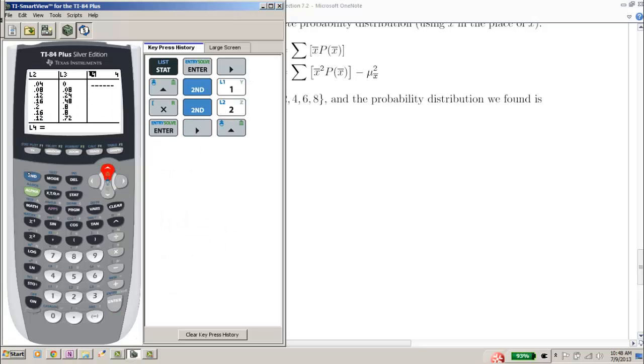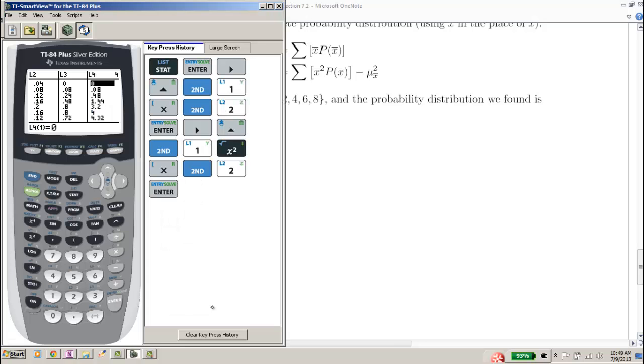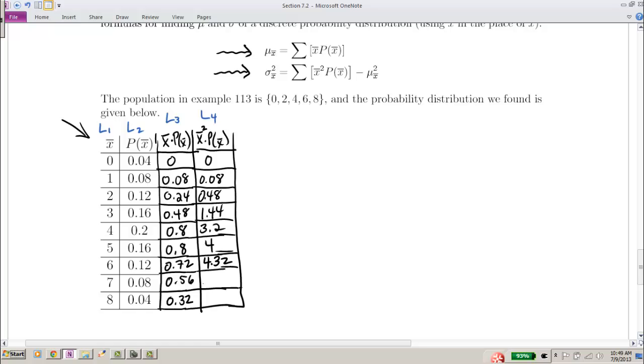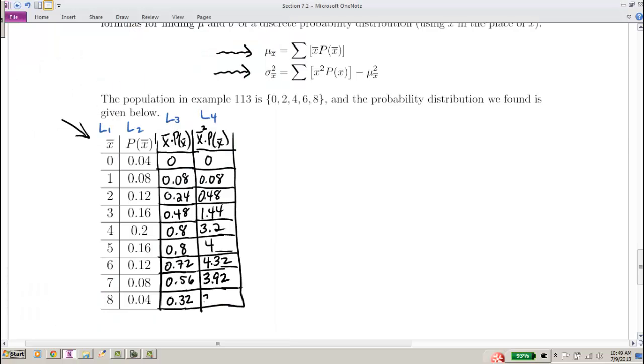So making sure L4 is highlighted, I select L1 squared times L2. And so now we have our table filled out. The mean for our x bars